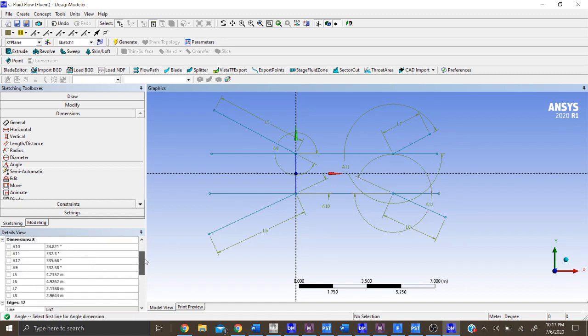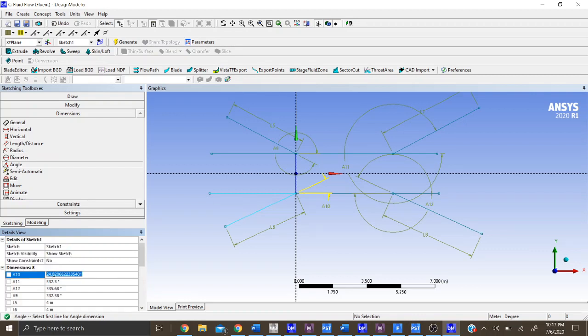All right, so then we'll go back into the dimensions and make sure these are all equal, so L5 and L6. Let's say we want each of those to be 4 meters. Length 7 and length 8. Let's say 5 meters for those. And then for A9, A10, we want those to be the same. So for A9,